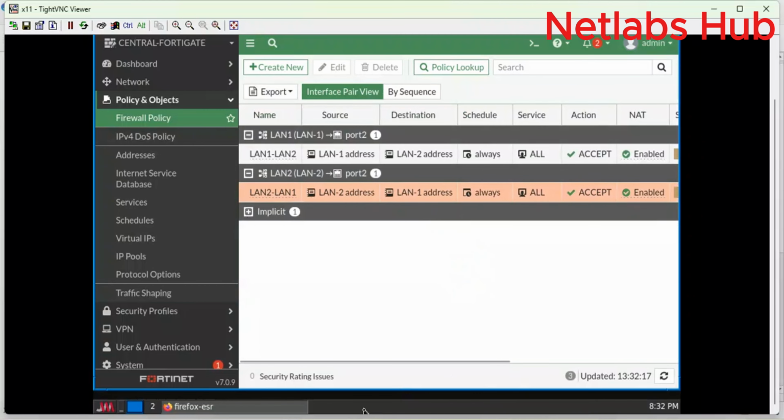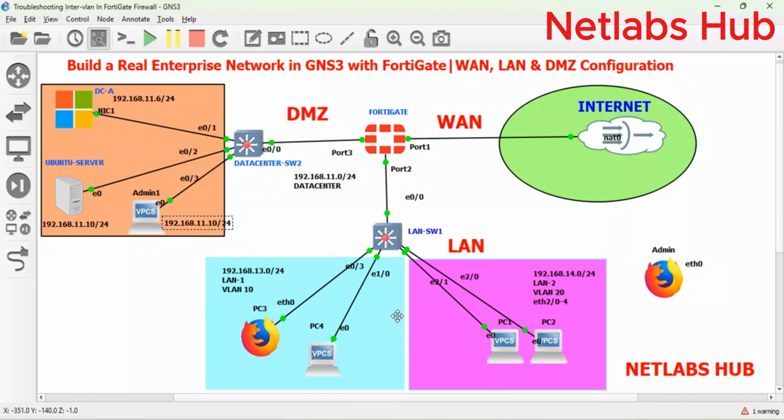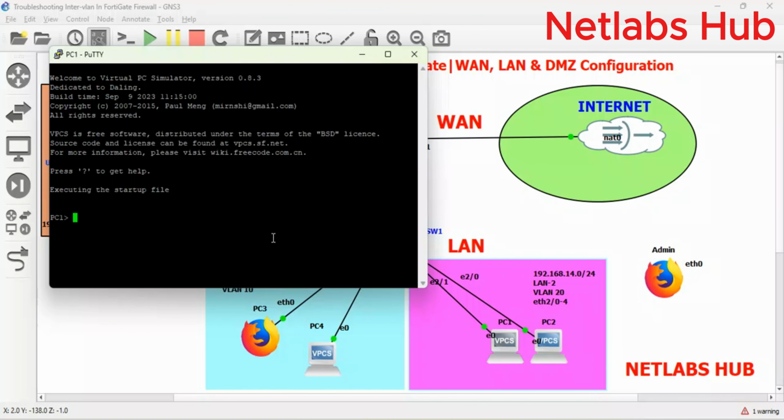Let's try to verify that. First of all, let me enable, to ensure, because I had configured these machines to get IP address automatically from the server. So just IP DHCP. Then once you see DORA, discover, offer, request, acknowledgement, it will give you